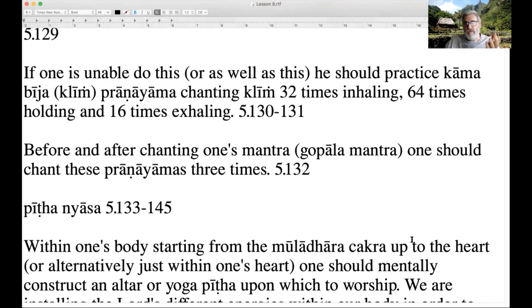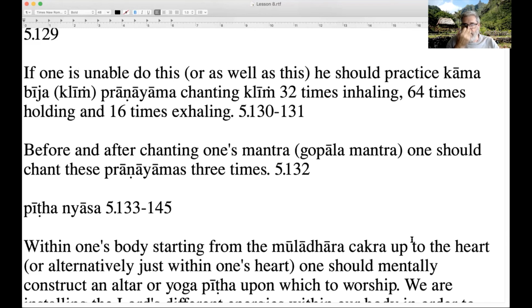So we have to do it by, again, 32 times inhaling, 64 times holding, and 16 times exhaling. So once again, if we did that in a very orthodox way, where we made it into 4 parts, first exhaling, then inhaling, then holding, then exhaling, right? So we then, again, we're going to breathe out through the right side of the nose, right? So we're going to breathe out.